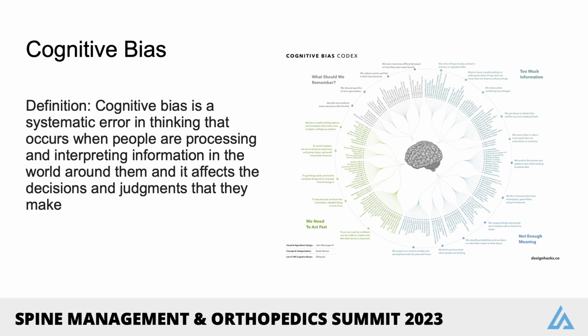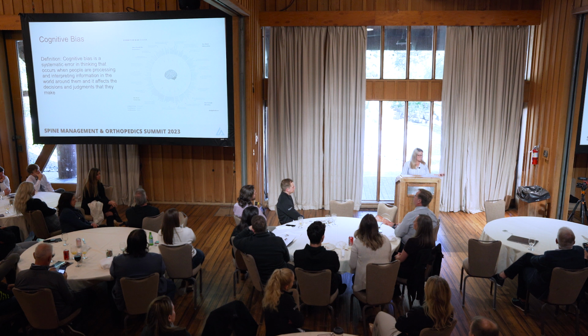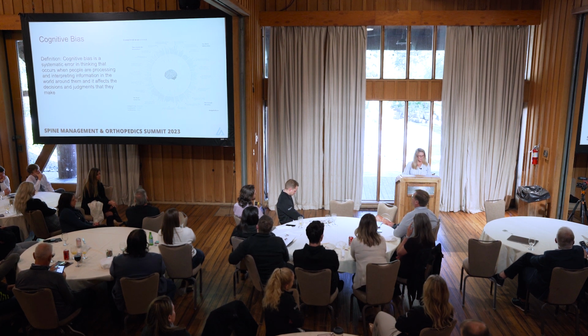So first, what is a cognitive bias? Cognitive bias can be defined as an error in thinking that occurs while we're processing information from the world around us. It is estimated that we make about 35,000 remotely conscious decisions a day, and that our brain is constantly trying to simplify that process. So these cognitive biases occur when fast or intuitive thinking is replacing analytical thought. Also interesting, we spend 95% of our time in that fast thinking and only about 5% of our time with the analytical process. So when that occurs, it definitely affects our judgment and our decisions.